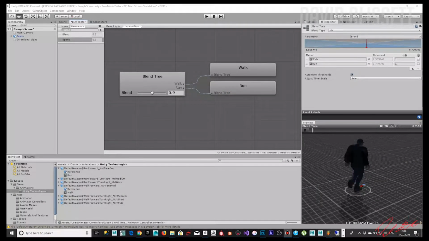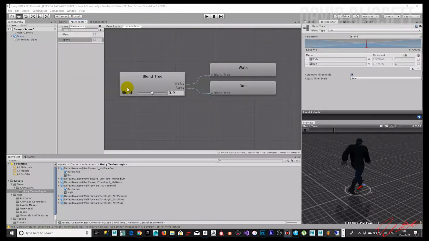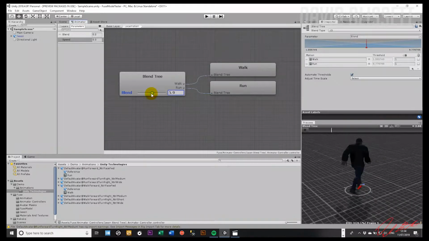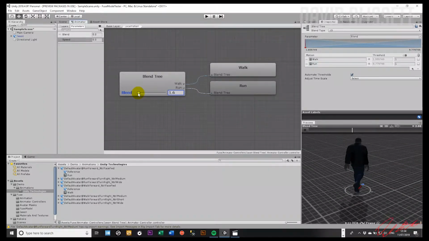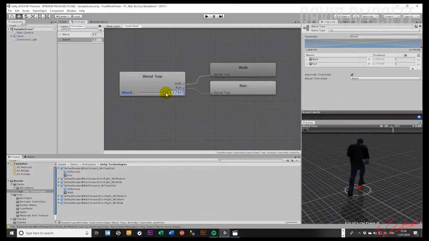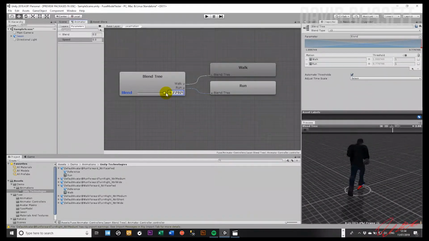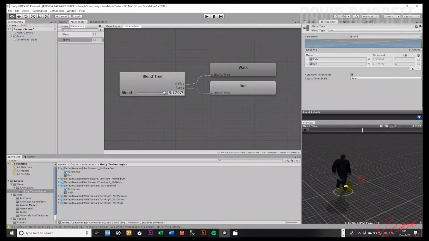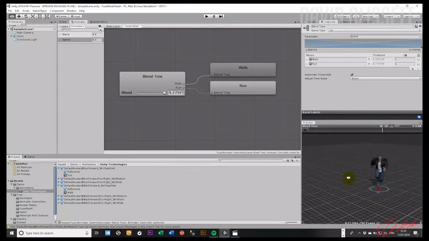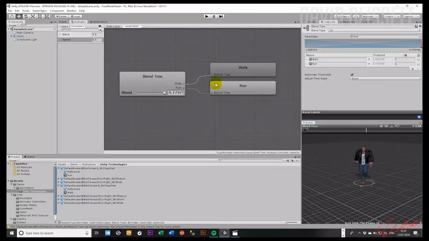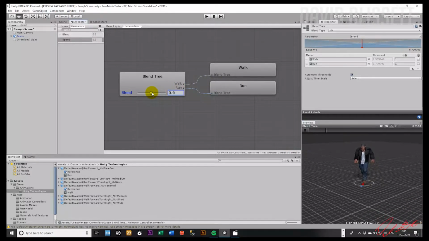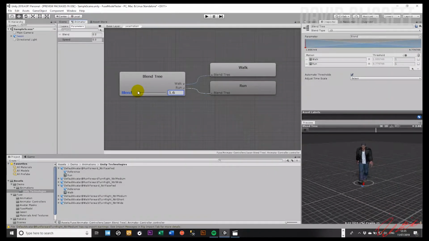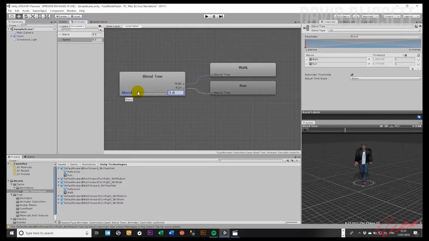Welcome back. In the previous video we discussed what blend trees were, and we set up a demo where we were able to drive an animation sequence going from a walk cycle into a run cycle, and having Unity determine how to interpolate between the two values. And here we have the character doing a very nice run. I can go down to a steady jog,